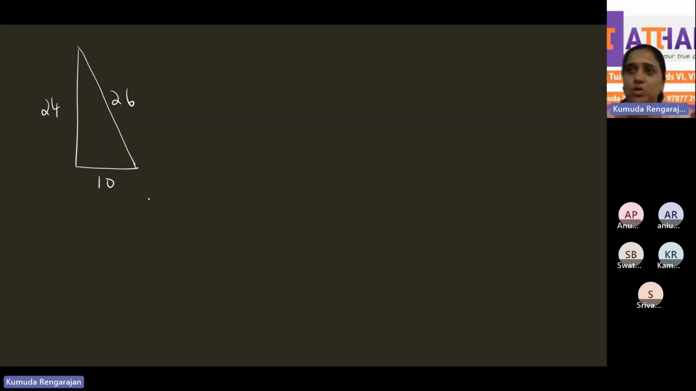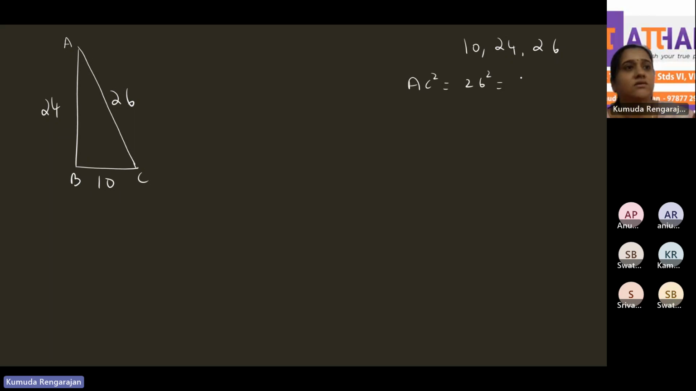You have a triangle, you know the lengths of all three sides. Now, how do you check if it is a right triangle? Look at the lengths of the sides, 10, 24, and 26. Which is the longest side? 26. Square that separately. Let me name the triangle ABC. Now AC is the longest side, right? So square that, AC square. What is it? 26 square, which is